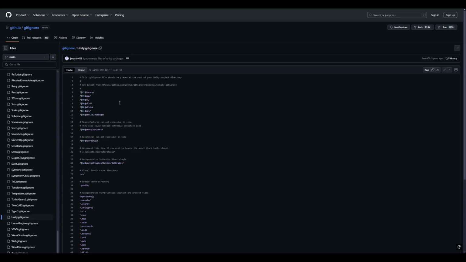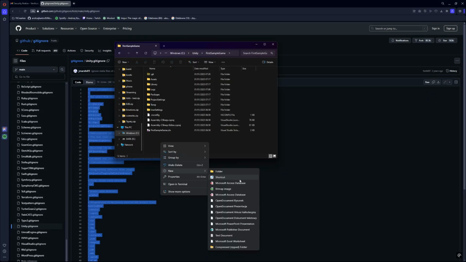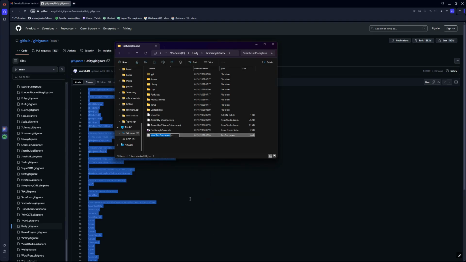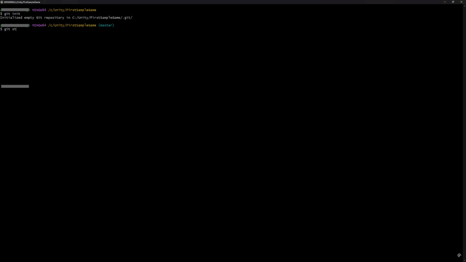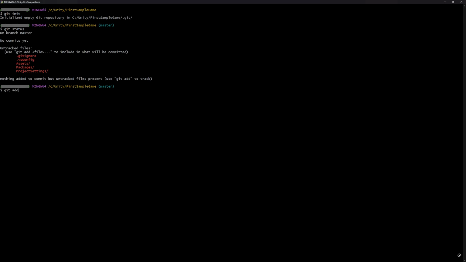I had my own with some extra ignores, but for this project, even if just to demonstrate, I will use this one. Let's copy the content, create new .gitignore file. Must be exact name, you need to see file extensions in Explorer, and copy content to this file. After getting the .gitignore file, I will use git status command to show what will be changed.